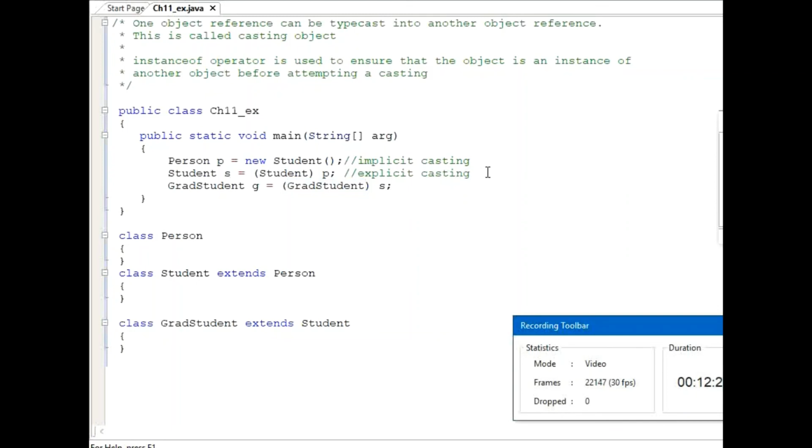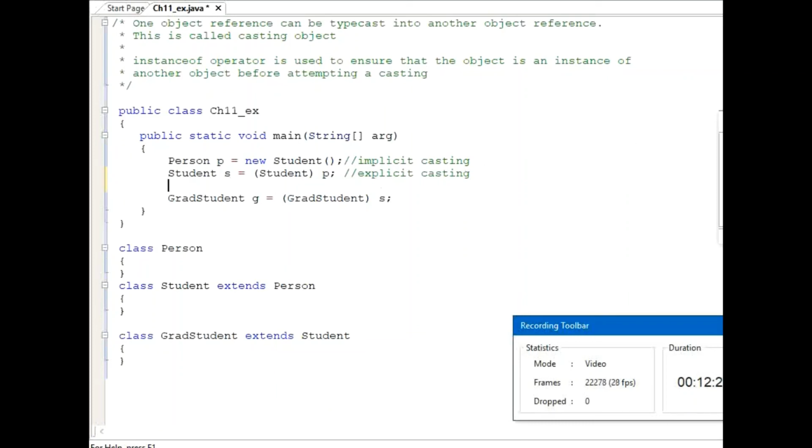If you would like to avoid this type of ClassCastException, you need to use an operator called instanceof. It ensures that an object is an instance of another class before attempting the casting. How to use instanceof? Very simple.